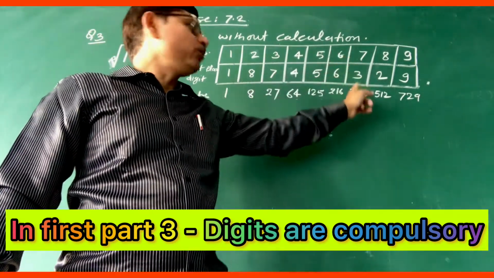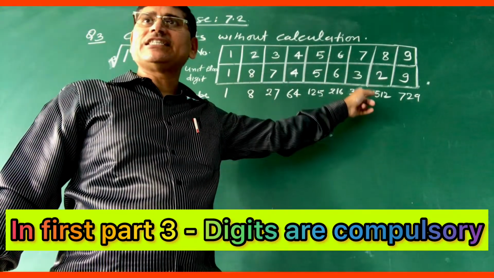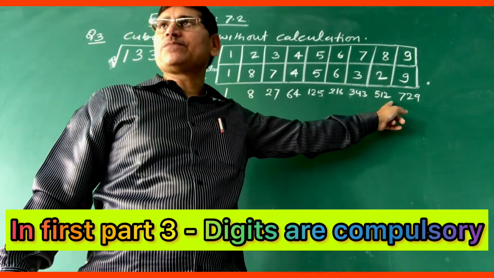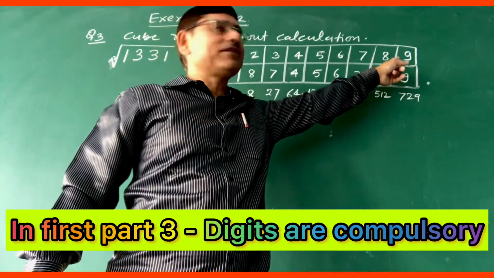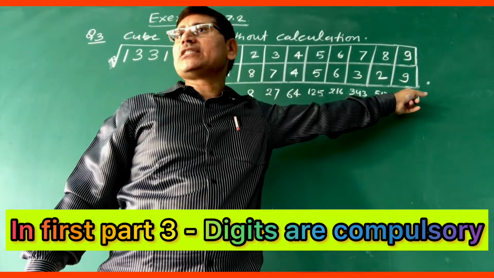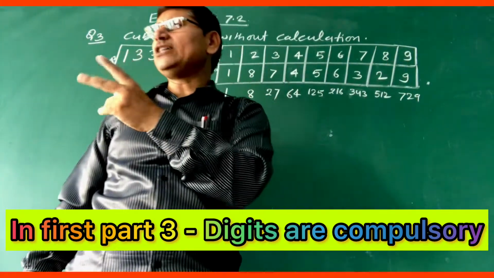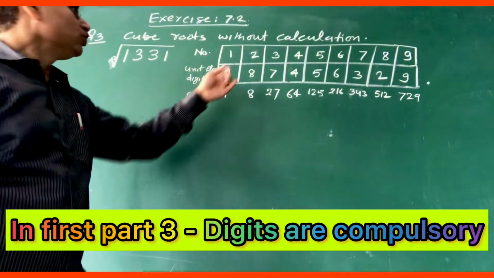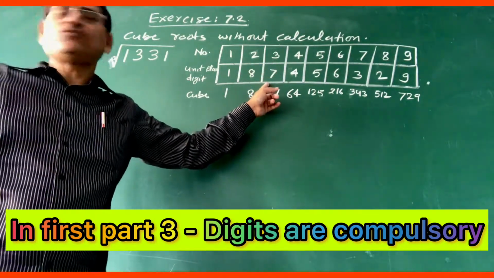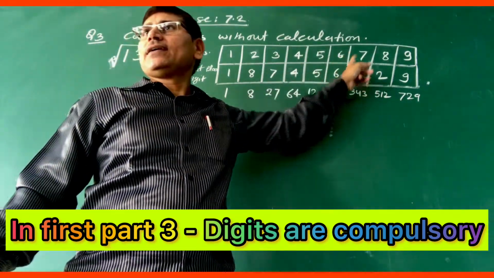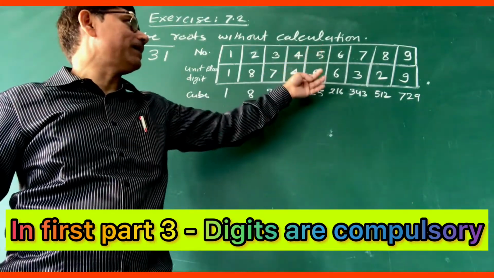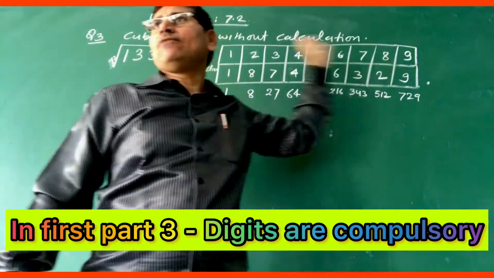Cube of 7 is 343 and the ones place digit is 3. Cube of 8 is 512 and the ones place digit is 2. And after that, cube of 9 is 729 and the ones place digit is 9. So there are only 4 points to remember: 2, 8, 3, 7 and just reciprocal 7, 3, 8, 2, and the others are the same: 6, 6, 4, 4, 5, 5, 9, 9, 1, 1.